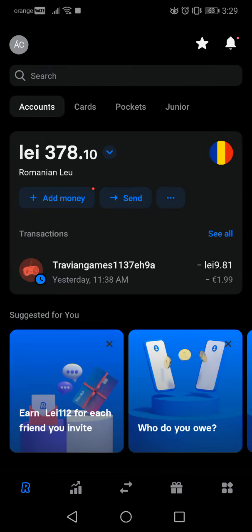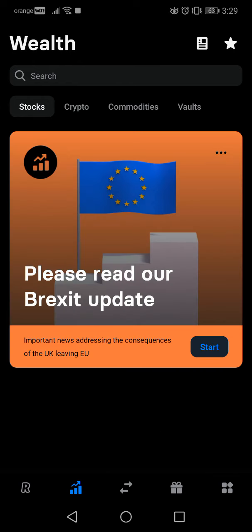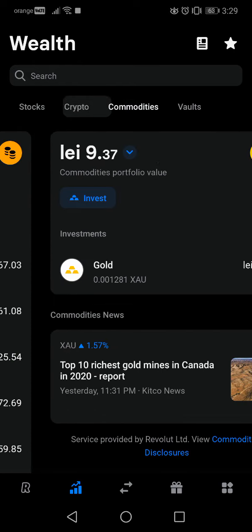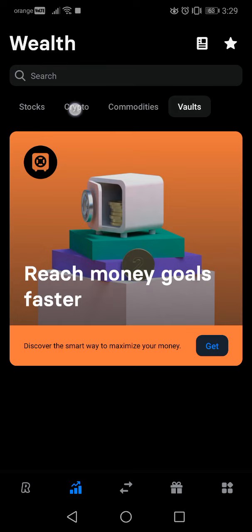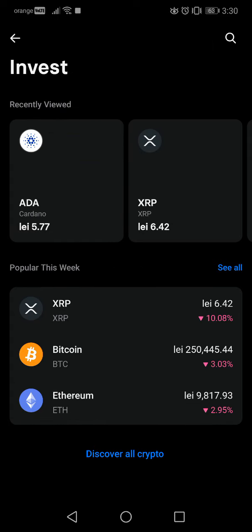Hello guys, in this video I will show you how to buy Cardano cryptocurrency in the Revolut app. So first of all, you have to go to the wealth section. Here you can find different options. There are stocks, crypto, commodities, vaults. You go to the crypto section and here you gotta tap on the invest button, and here you can see